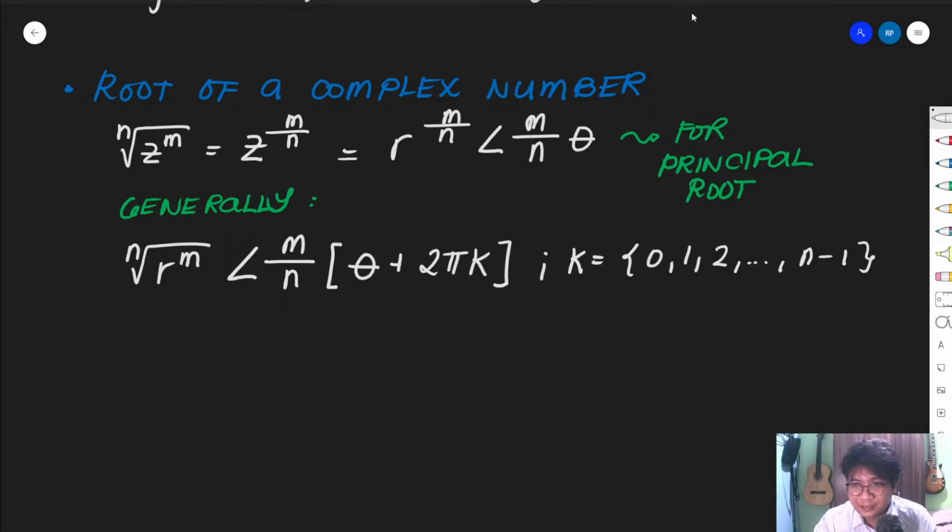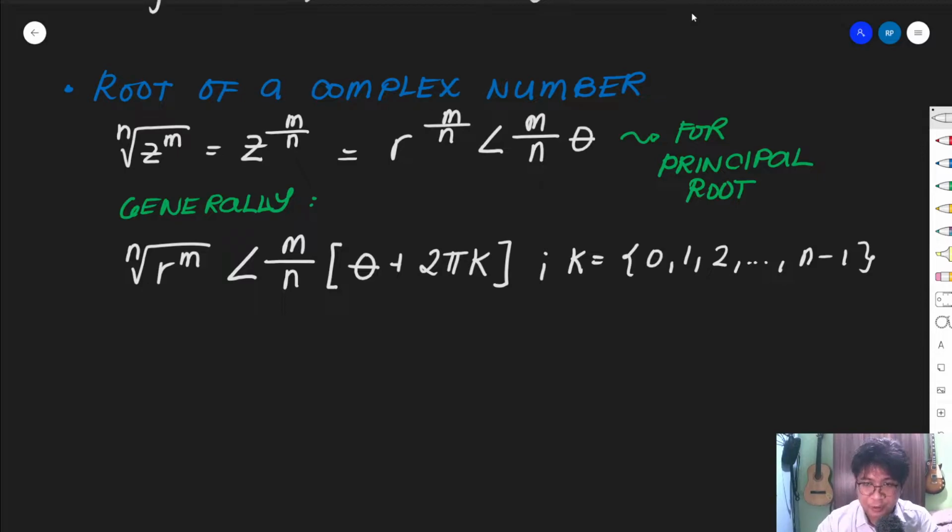Alam naman natin na if we are getting the root of a certain number, depende kung ano yung root. Pwedeng sa square root, pwedeng cube root, pwedeng fourth root, fifth root, etc. So, dumadami yung values na makukuha natin. Okay, so, generally, sabi dito,